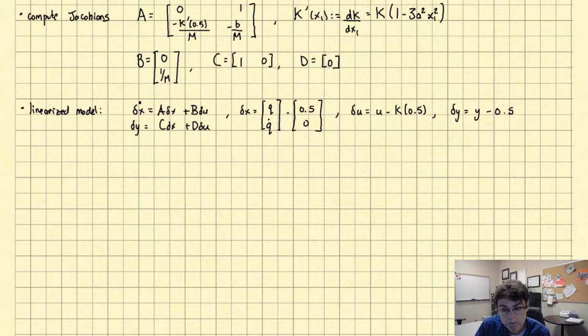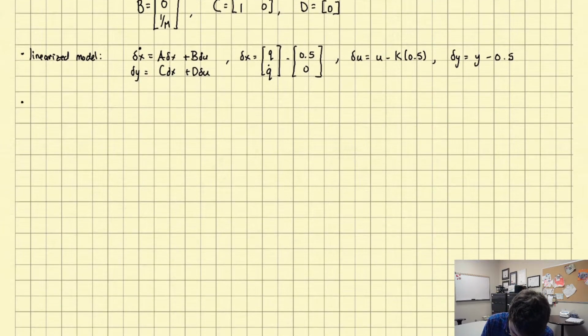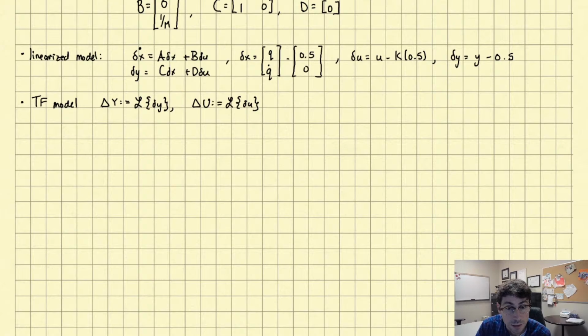Okay. Almost there. We're almost ready to do control design. Last thing I want to do is take A, B, C, D, and get a transfer function model. Right? That's what we design controllers for. Right, so let's take capital delta y to be the Laplace transform of little delta y. Capital delta u to be the Laplace transform of little delta u. And so we get